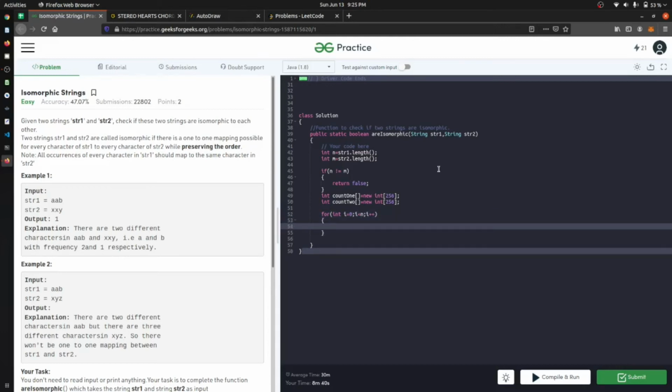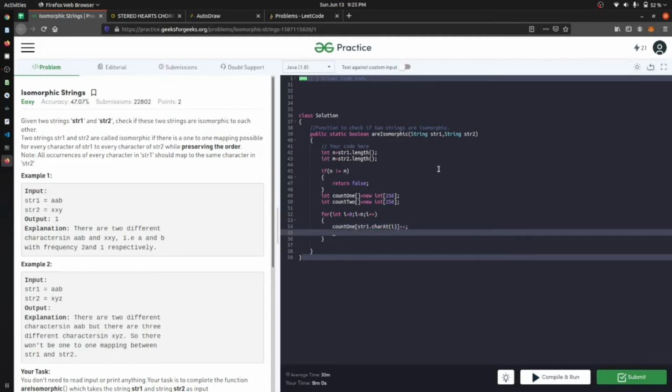Okay. We will just increase count 1 at str1 dot char at i, okay, we will just increment it by 1. Similarly, count 2 at str2 dot char at i plus plus.